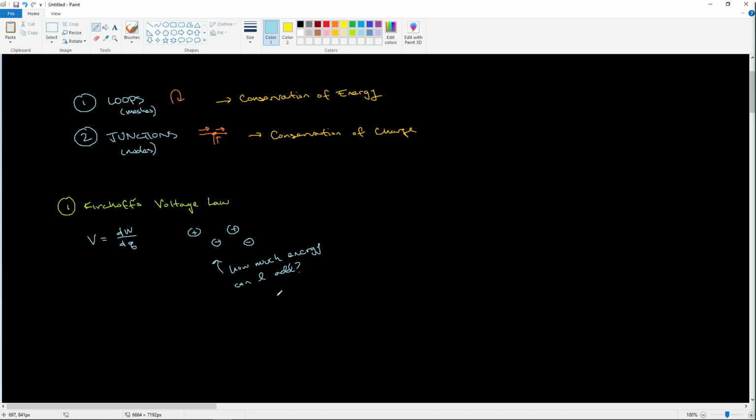Like, how much energy do we have per charge? And that's really voltage, or potential difference. And so this dW right here has to do with energy, which is in units of joules. This is our energy, right? And if it can't be created or destroyed, if we're looking within our circuit,